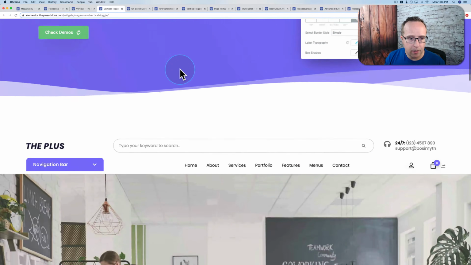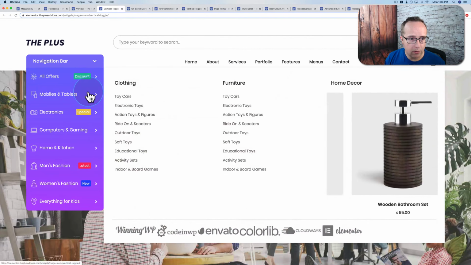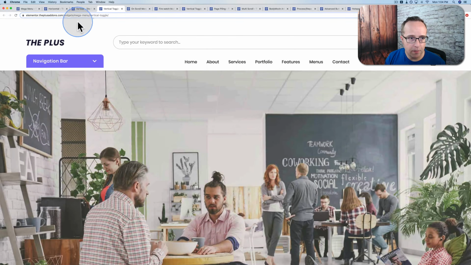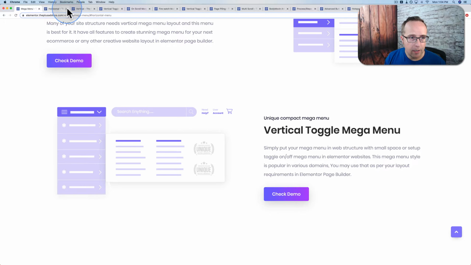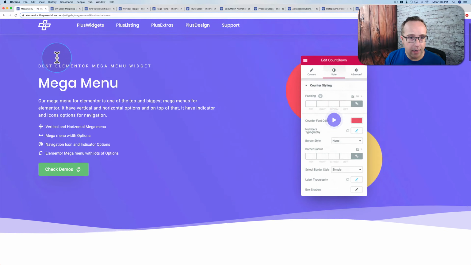In the vertical toggle menu, we can have the mega menu bar inside of our horizontal menu. So here we have our regular items, just regular drop downs, nothing too crazy. Then we have our navigation bar here, click on there, and it toggles our vertical mega menu. Those are our 3 mega menu options built into the plugin. If you like mega menus, find them useful, this is a great add-on to have to add those options to